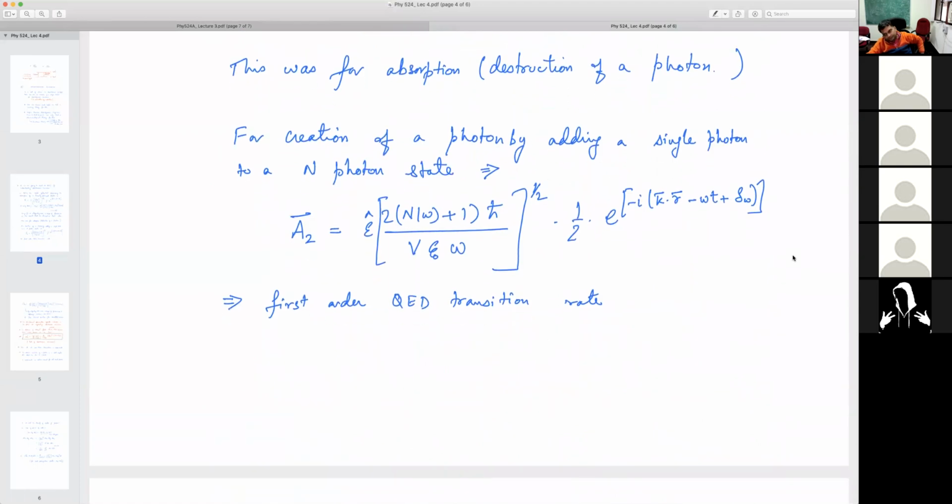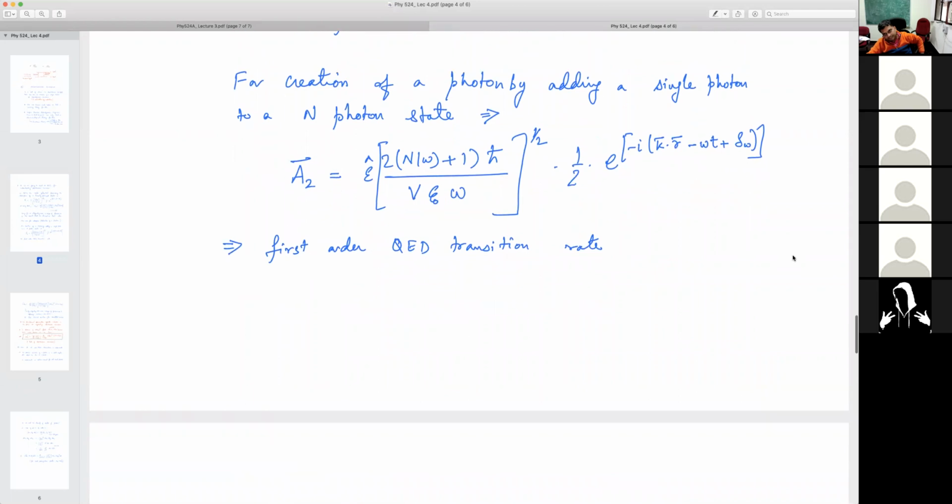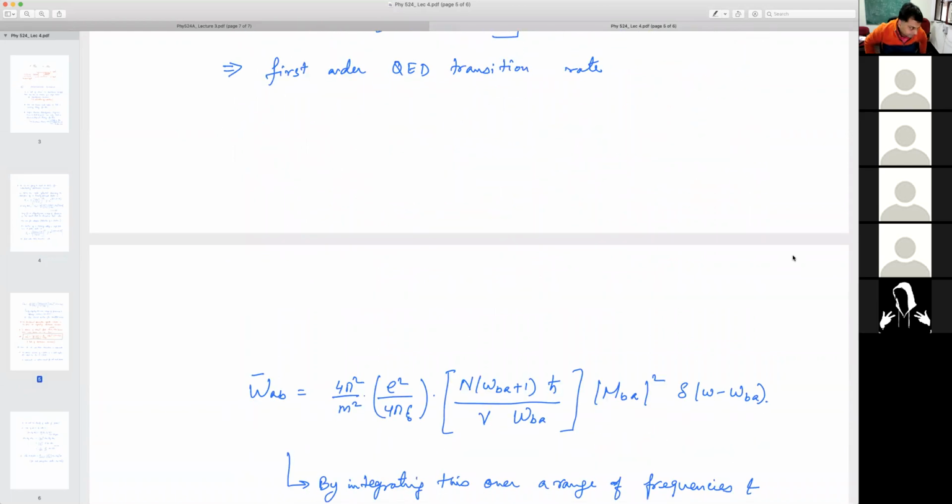More questions? Sir, hello. Yeah. So in this case, if we consider the quantum fluctuations and all, then in case of creation, the n changes to n plus 1. So what happens exactly to the principle of detailed balance? No, so this is extra. This spontaneous emission will always be there. If you like, this violates the principle of detailed balance.